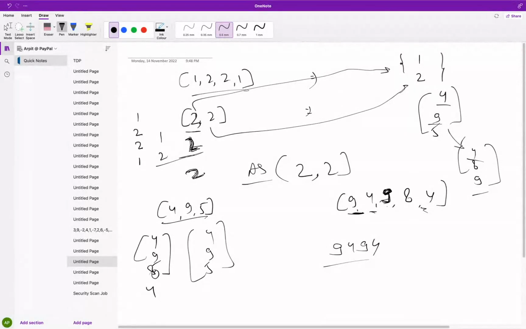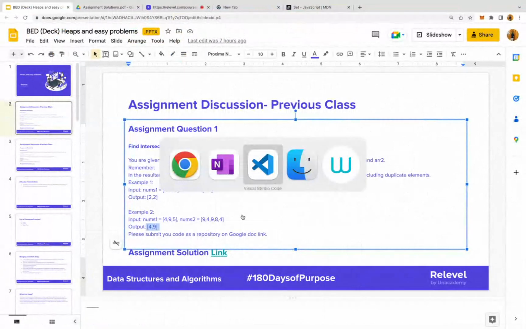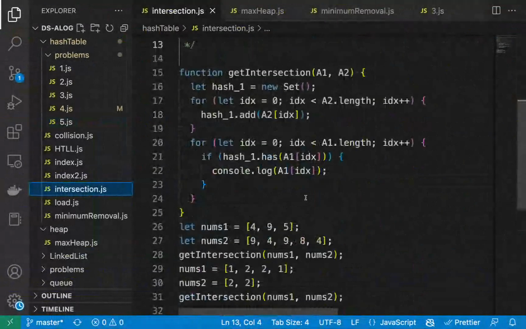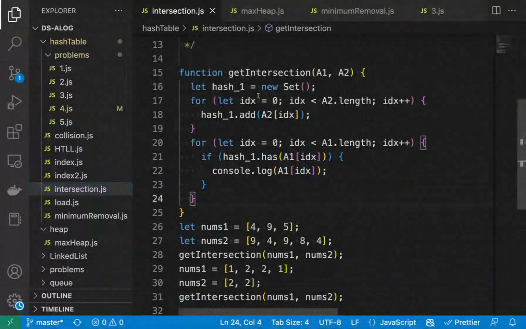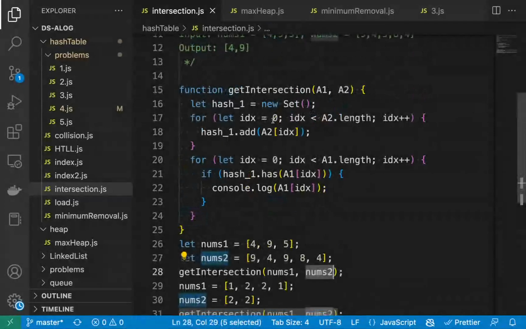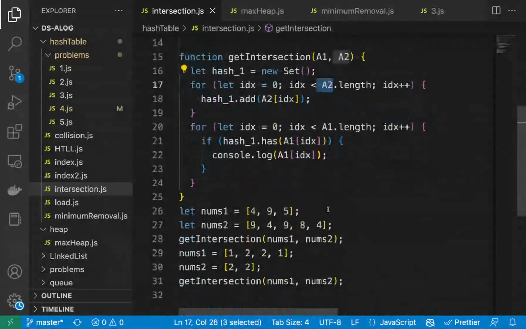Okay, I think one thing is missing here, so let me check it. But yeah, the reason is here, guys. I want to explain to you about the set, but it looks like one thing is missing here in both of the queries. Might be possible this question is again wrong. Let me check the code here if we have for the intersection. What they are doing, nums1, nums2 is there. Let me check, guys, what is the code they are doing? They are adding nums2 first. Okay, they are adding the second array every time,